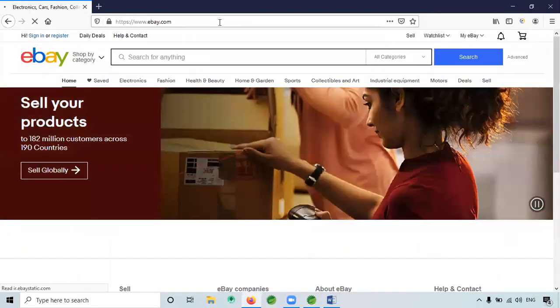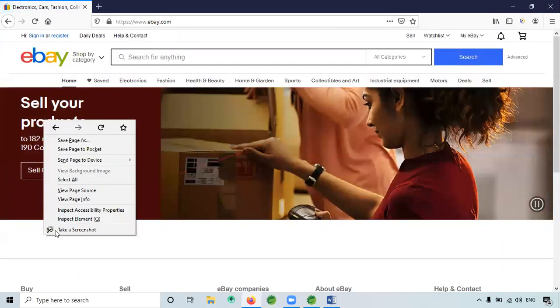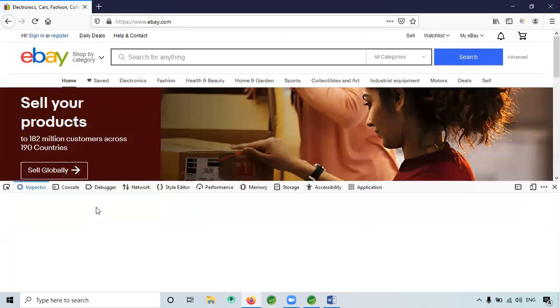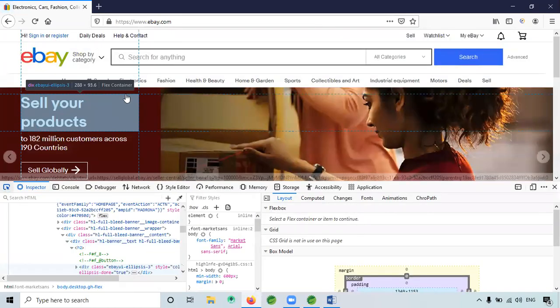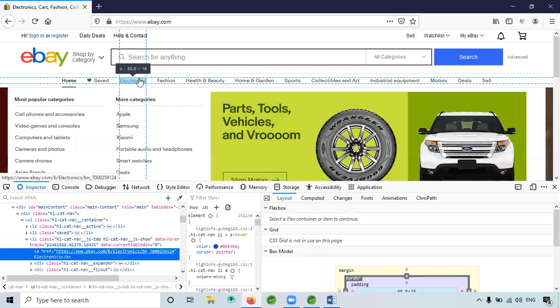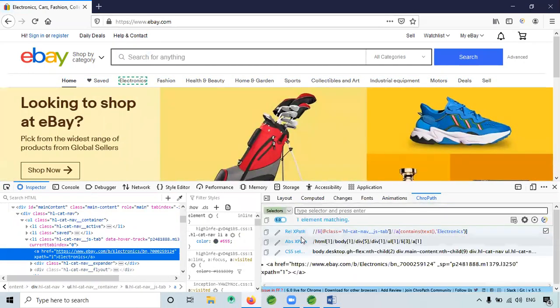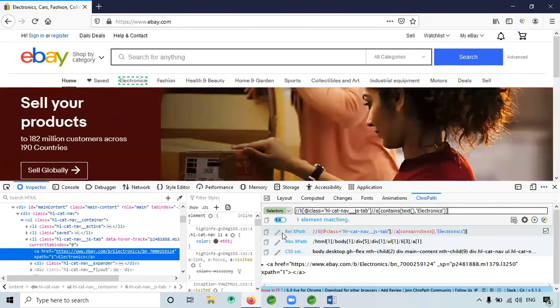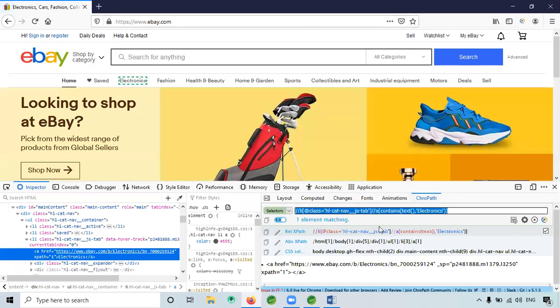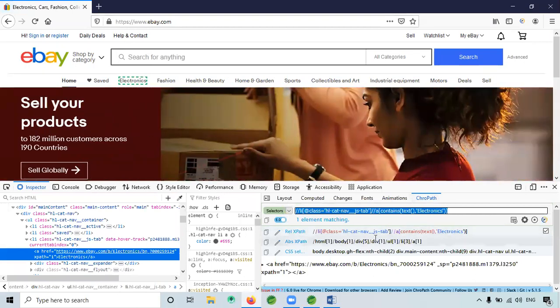Pay.com, right? Okay. So here, inspect element. Click this. Click on electronics. Copy XPath. Electronics worked. I think the Apple didn't work. So we have to check the Apple XPath, right?